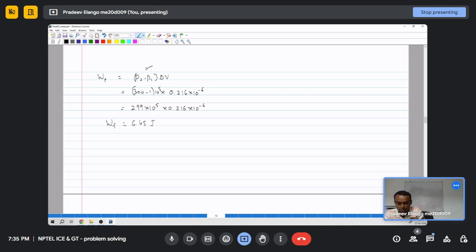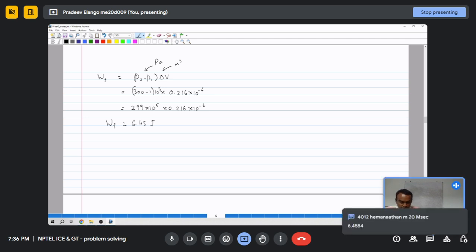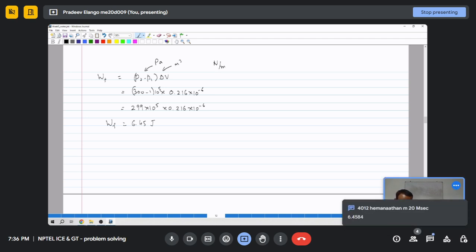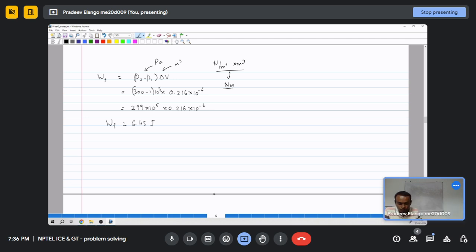So we had pressure here in pascals, and here we had meter cube. So Pascal is Newton per meter square into meter cube, and this is basically work done. So we will have Newton meter. So this is for one cylinder alone. Now, if you want to see for 6 cylinders,